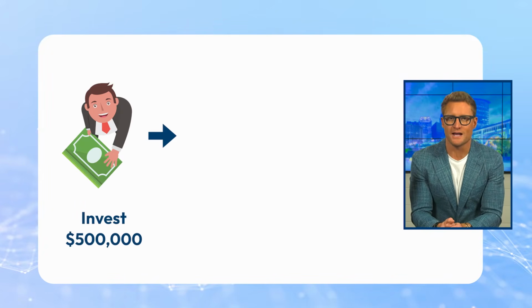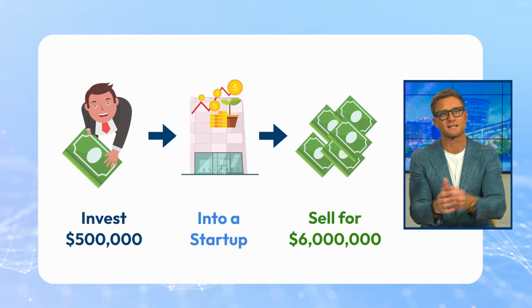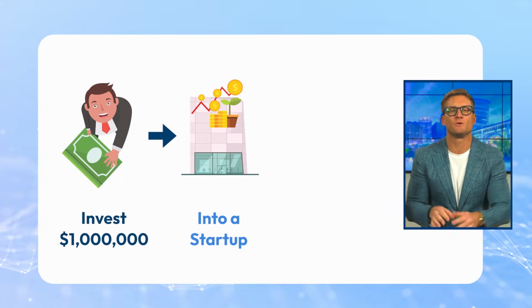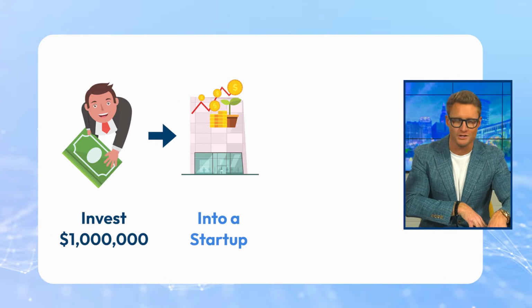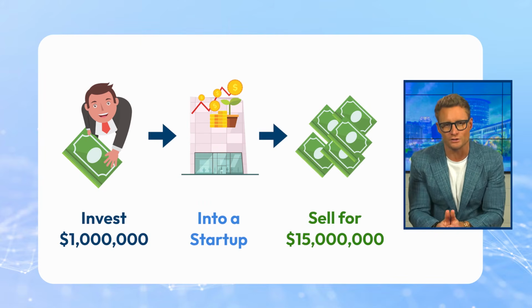So example number 1. Let's assume you invest $500,000 in a startup, it grows, and you sell your stock down the road for $6 million. You can exclude the entire gain, the whole $5.5 million of gains from federal capital gains tax. And here's a second example. Let's assume you invest $1 million of your hard-earned cash and you eventually sell your shares for $15 million. You can exclude $10 million of that $14 million gain and pay capital gains only on the remaining $4 million